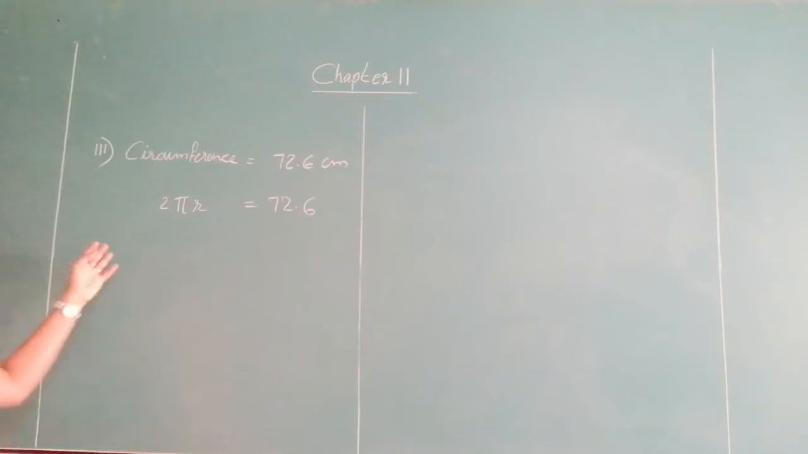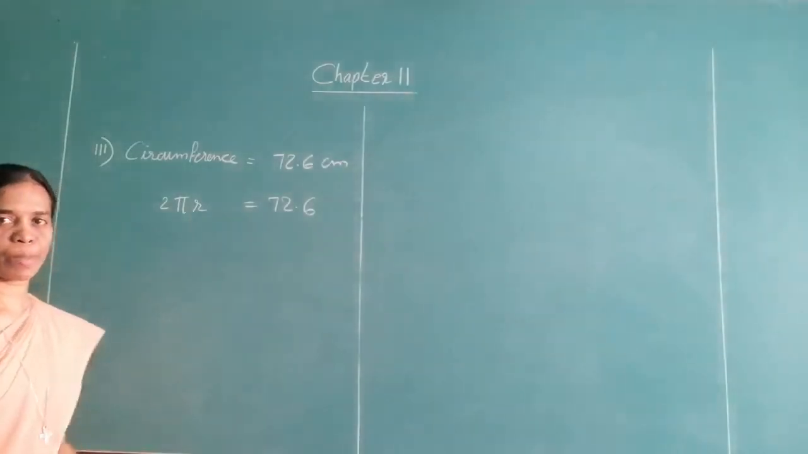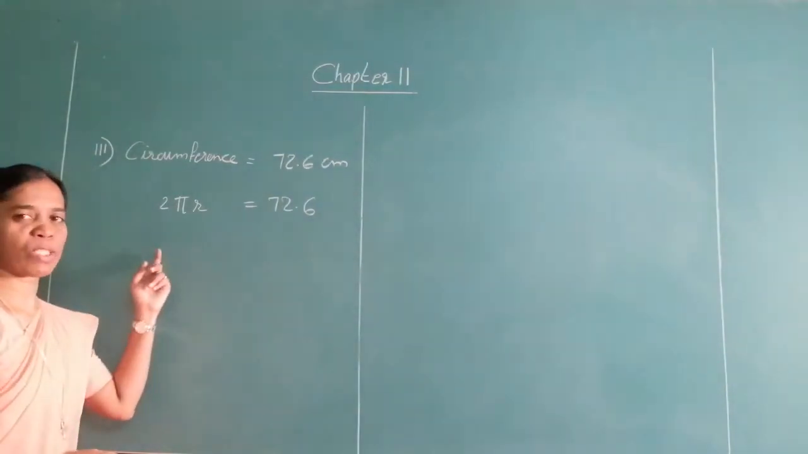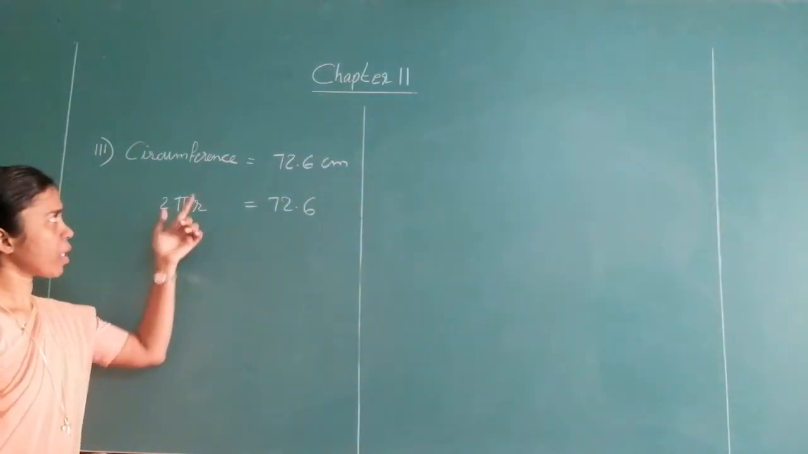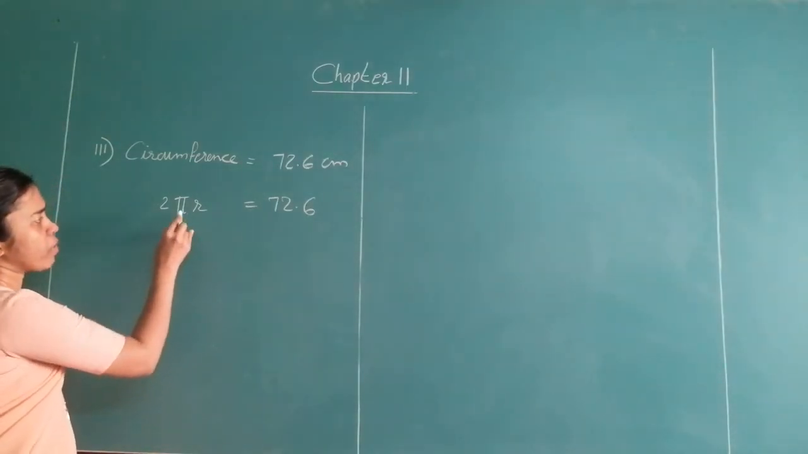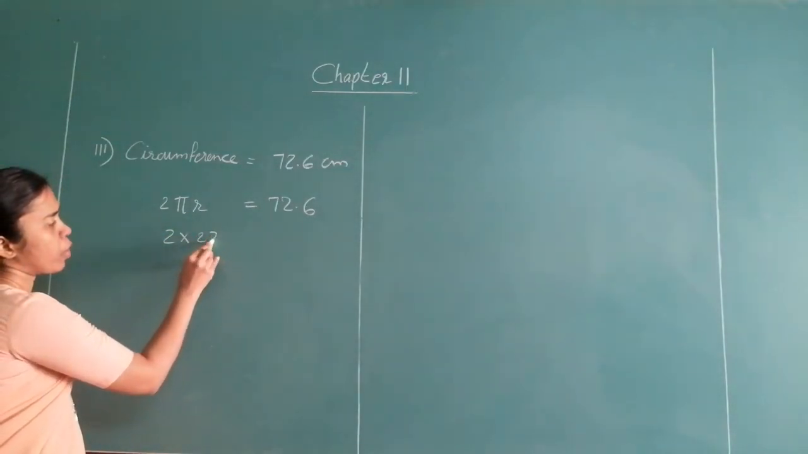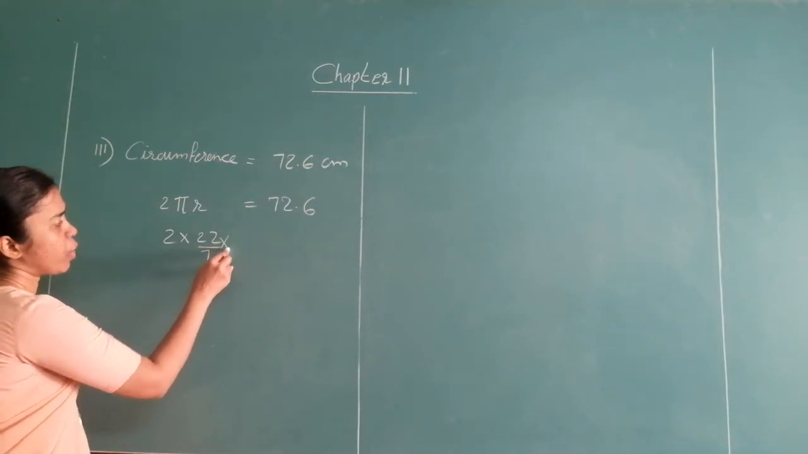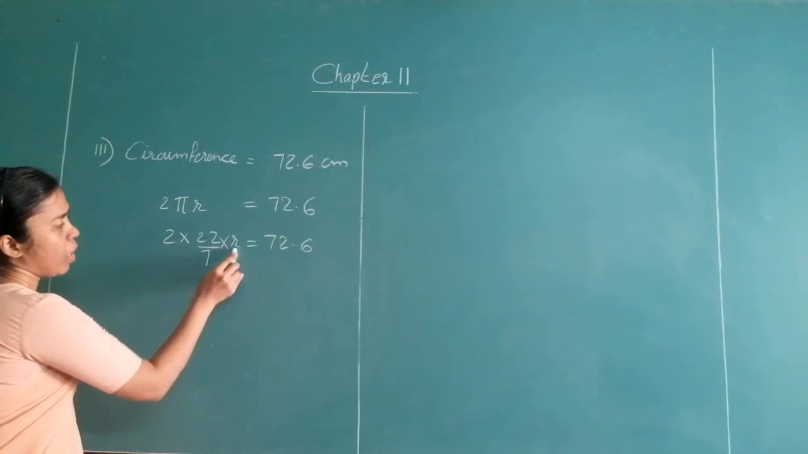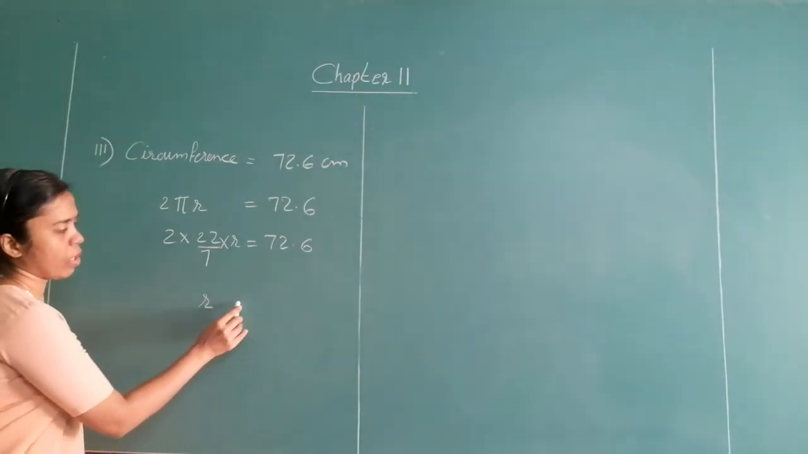You have circumference is equal to 72.6 centimeter. Now I am using this formula. You can use any one of the formulas. I am just showing you this formula now. So 2 pi r, the circumference is equal to 72.6. This 2 into, what is the value of pi? 22 upon 7 into r, that is radius, is equal to 72.6. I am keeping only radius over here, equal to